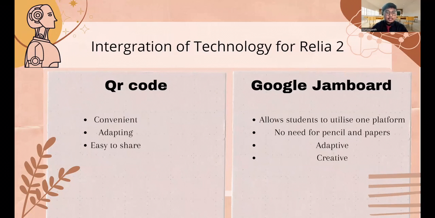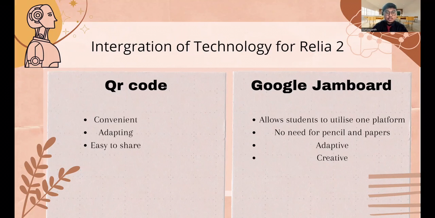It's more adapting to the new era of learning and teaching, which is technology, because last time we have to go for traditional classrooms, traditional learning, which is going to classrooms and teachers prepare materials and stuff. But now we just have QR code and it's more adaptive, where all the materials can be pasted in one website. All students have to do to visit those materials is they just have to scan the QR code.